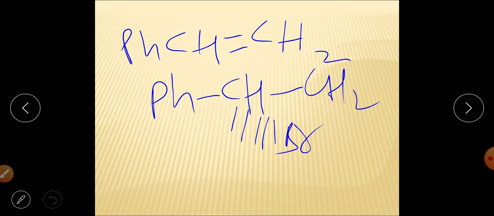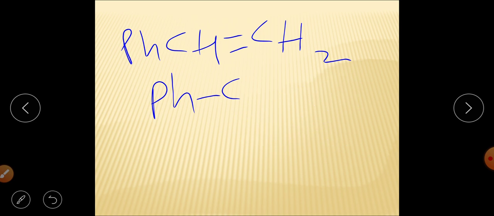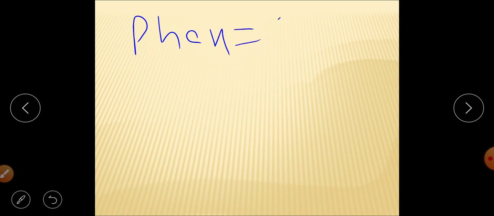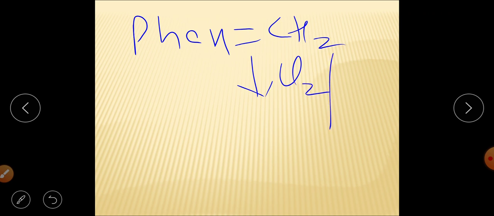So I am writing another example. If I am talking about a chlorination reaction, here we are taking another example for chlorination. Here we can take that we are having PhCH=CH2, it is the same substrate, and now we are having chlorination in the presence of methanol, CH3OH.